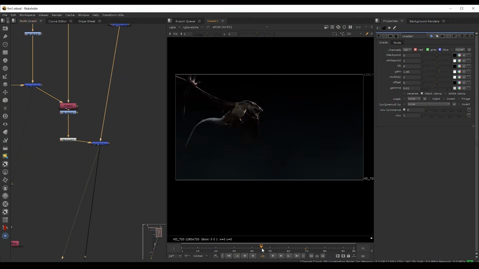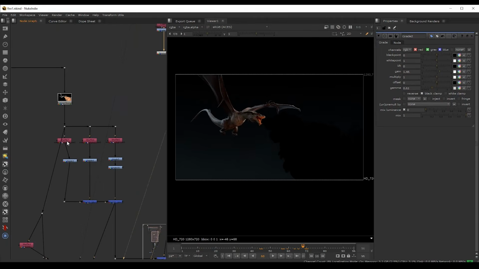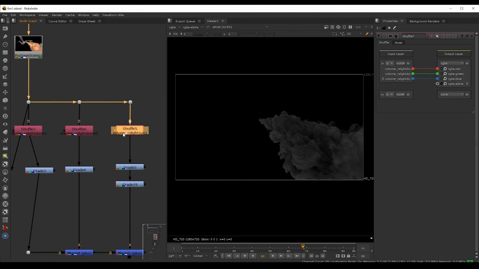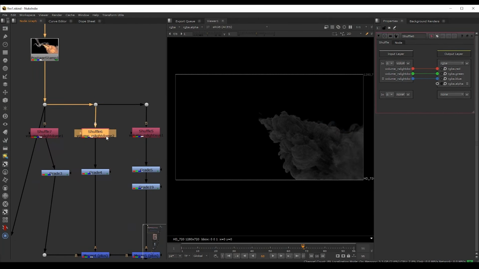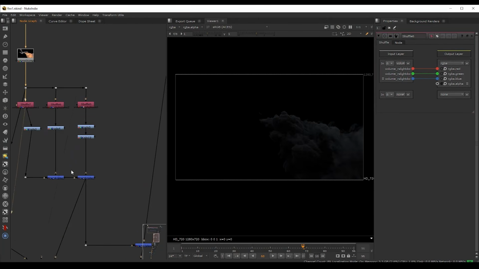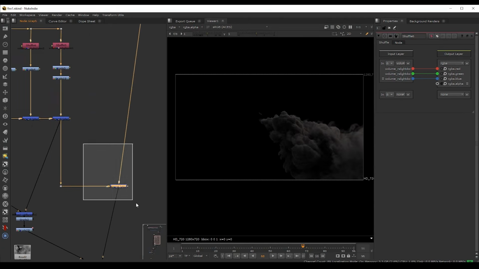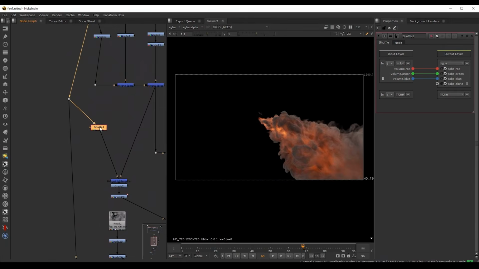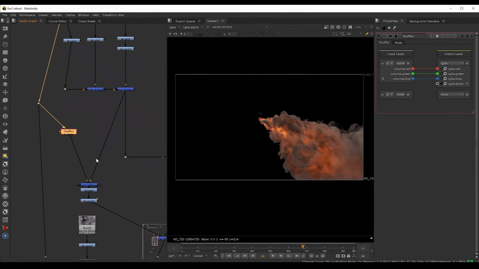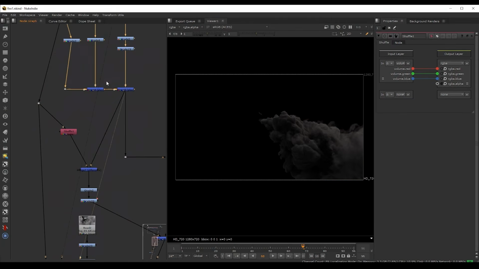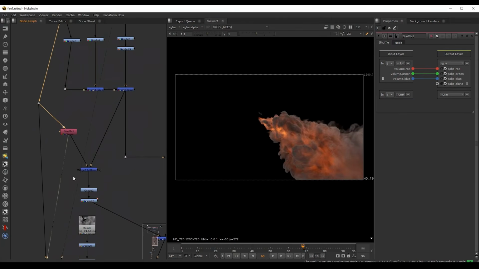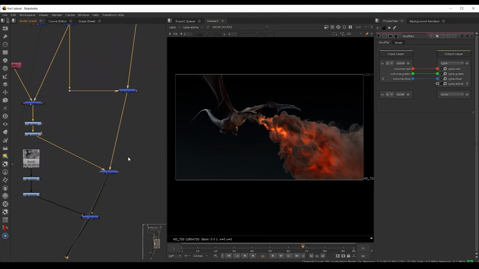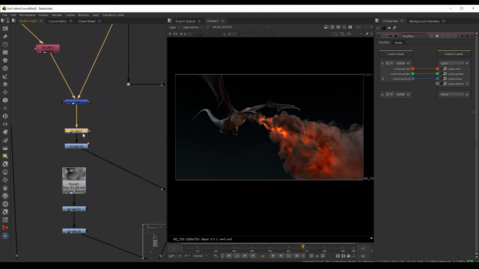So I merged this over here, and then on top of this, I separated the smoke with all of the lights. So I just have a couple of lights here. There's a sun and a couple of dome lights, and when you put them all together, you get the density. We can plus this on top of our comp. And then from here, I separated the entire volume lighting of this pass. And if I subtract my Redshift light, so this pass from this one, we can separate only the GI of the volume. So then we can paste this on top after we do some changes here with the grading.